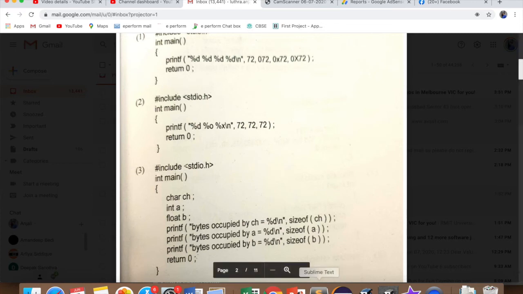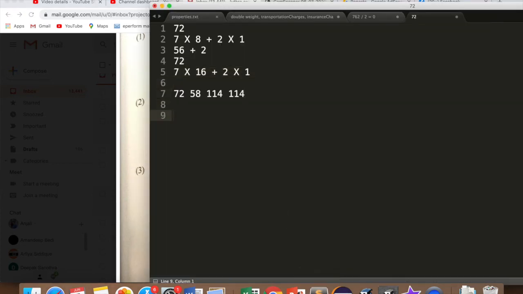So for that we have to perform division. You have to divide 72 by 8. So if I divide 72 by 8, I'll see what comes. Like I can have the whole number is divisible, and we have 9. So I get a 9 here, but the remainder we get after this is a 0. And then when you divide this 9 by 8, you get the remainder as 1, and we are left with a 1. So when I take the remainders in reverse order, it becomes 110. That is the equivalent octal number.